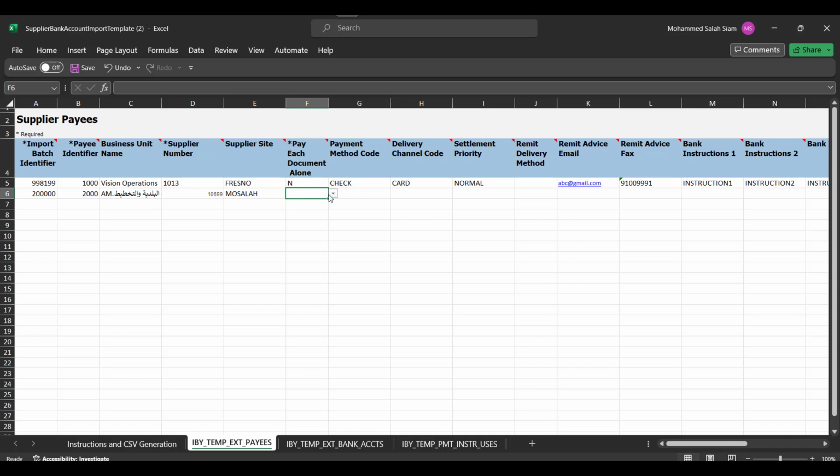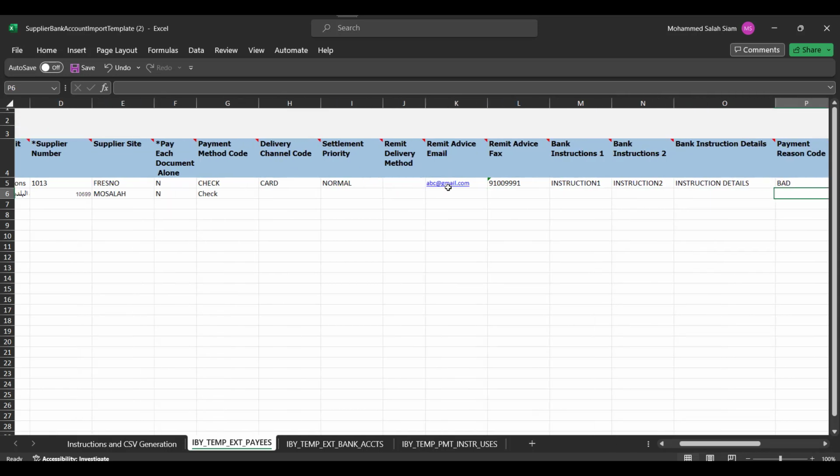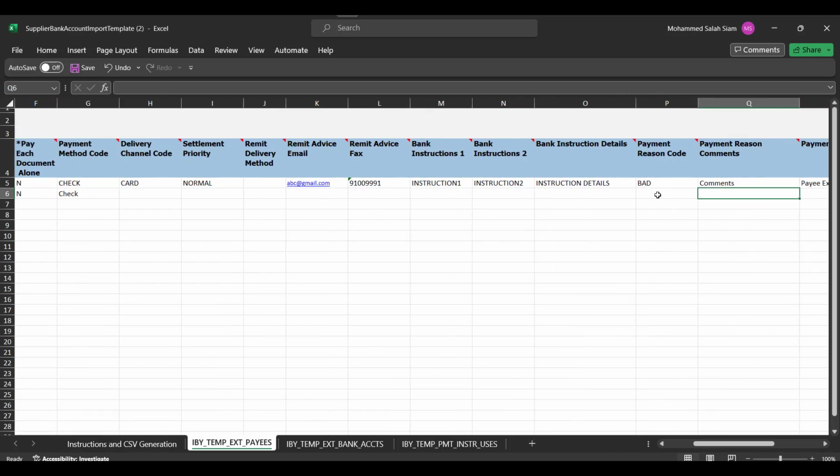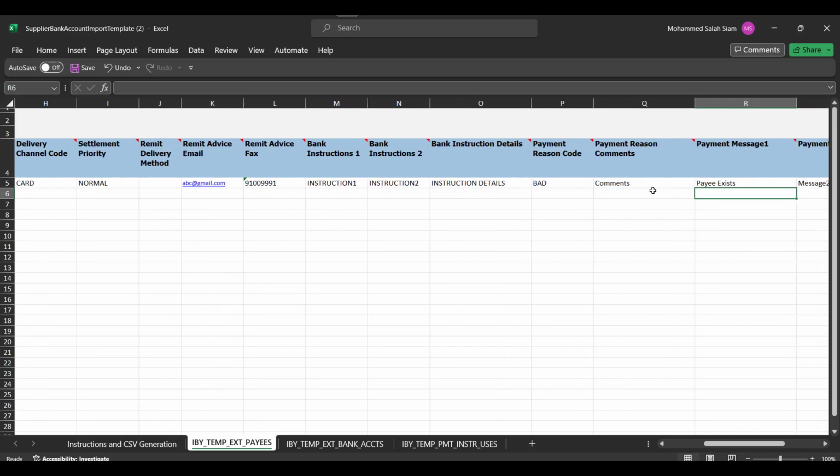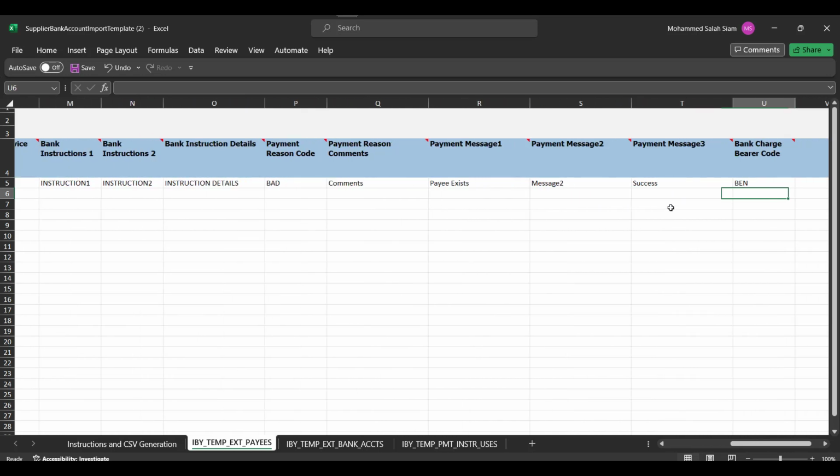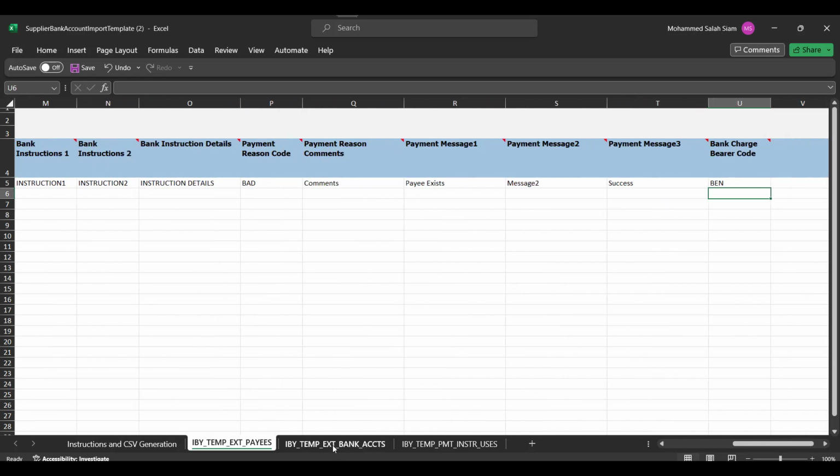Here, are you going to pay each document? No. What is the payment method? Check. Delivery, settlement. What is the name? Limit advice, bank instruction. Payment method, payment reason. Here,